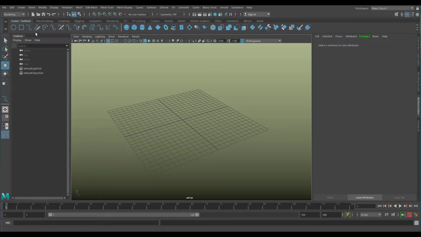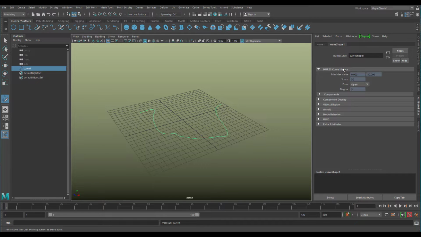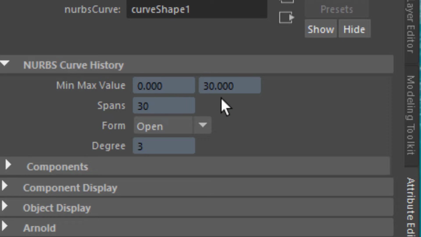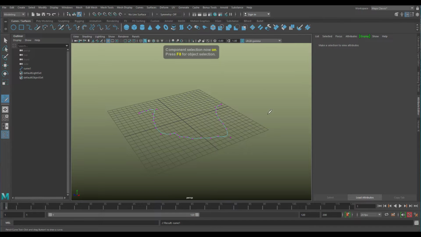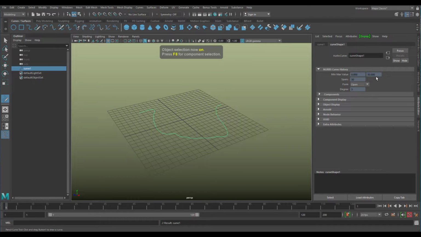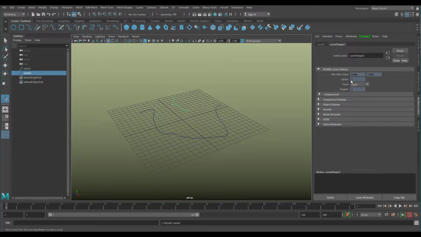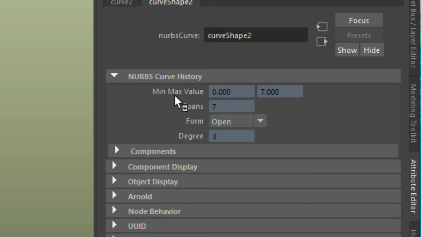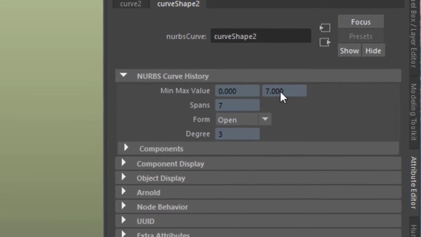This is a new scene, and I use, under curves and surfaces, this pen to draw a curve like this. And you see in the attribute editor that we have a curve with a minimum maximum value of 0 and 30, and it has 30 spans. When you press the key F8, you see these 30 dots. So this value, the spans and the maximum value, are identical. When I draw the next curve, very short one, I have 7 spans and the minimum maximum values are 0 and 7. So this does not help us